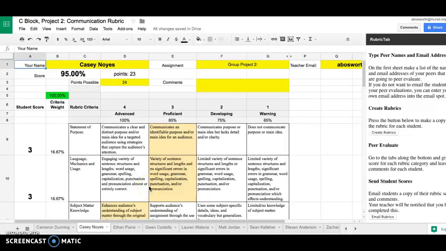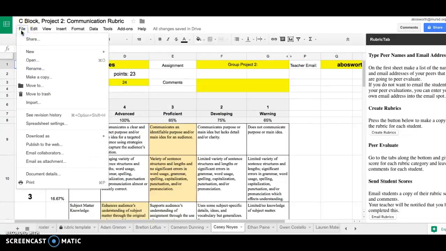So far, I have done this rubric for the communication and the technology rubrics. I'm still working on the other two, but as soon as they're done, I will send them out to you. It's also a good idea if you want to use this multiple times to make a copy. So before you actually set a rubric for each student, when you just have the roster and the rubric template page, if you go up to File